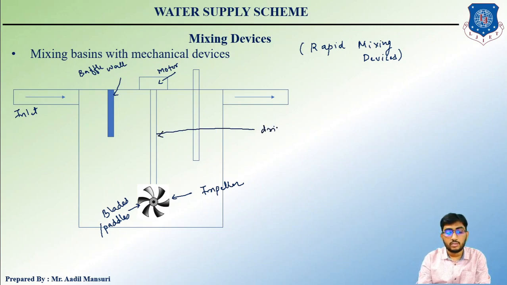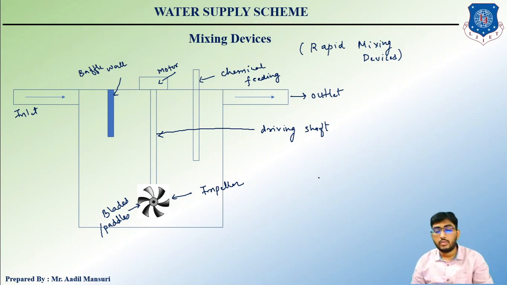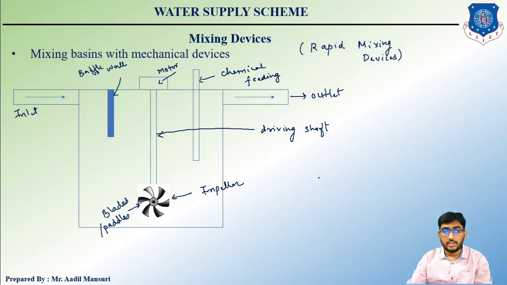And this is a pipe for adding chemical. So we can say that this is chemical feeding. Okay, fine. And after proper mixing, it will be removed through the outlet. Understand, students? Clear? Okay students. So in rapid mixing devices,